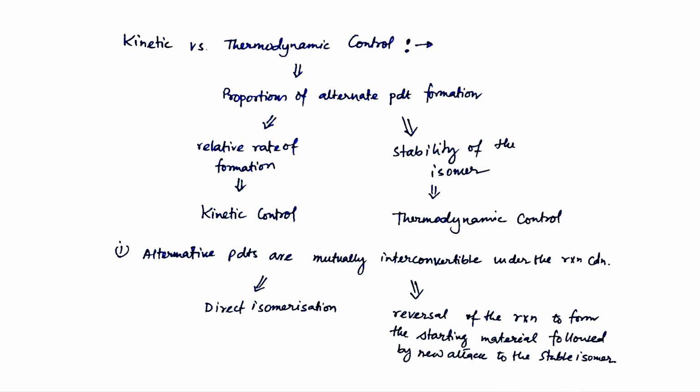But if the product formation happens depending on the stability of the intermediate or the isomer or the product, then we call it the thermodynamically controlled product. So generally, most of the time what happens, you do a reaction, it goes fast in one step to generate an intermediate or a product. If you isolate it, fine. If you allow more time with different temperature conditions, that intermediate product will slowly turn into a more stable product.